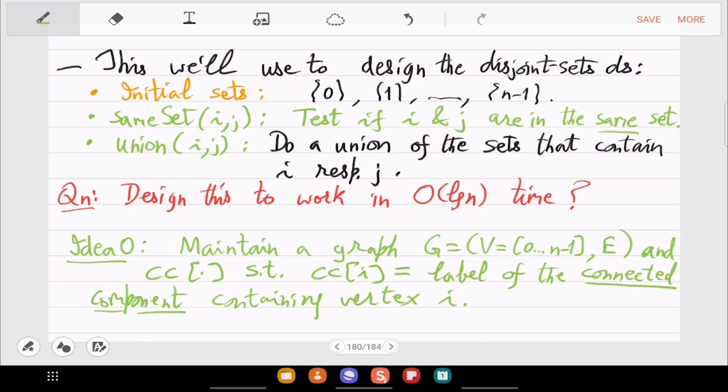Same set(i, j) will output yes if and only if CC[i] is equal to CC[j].